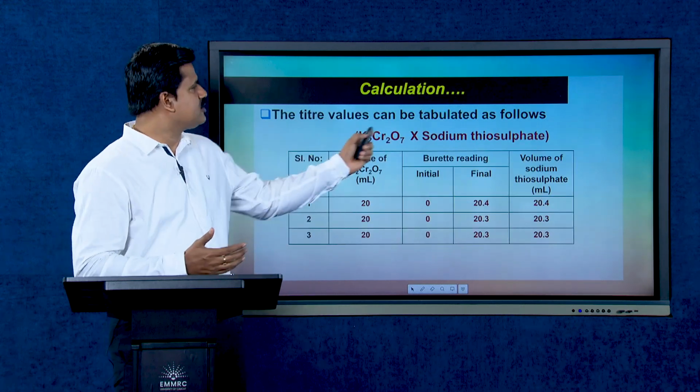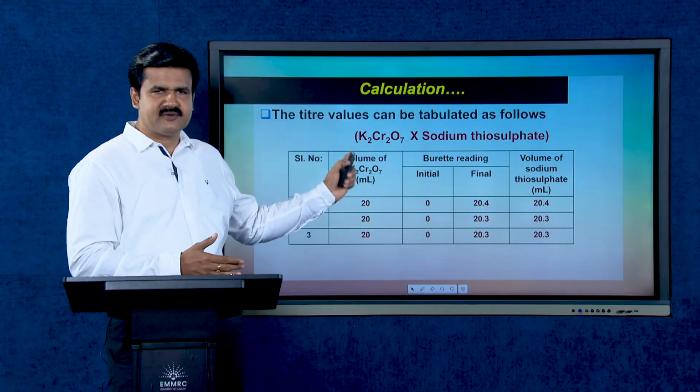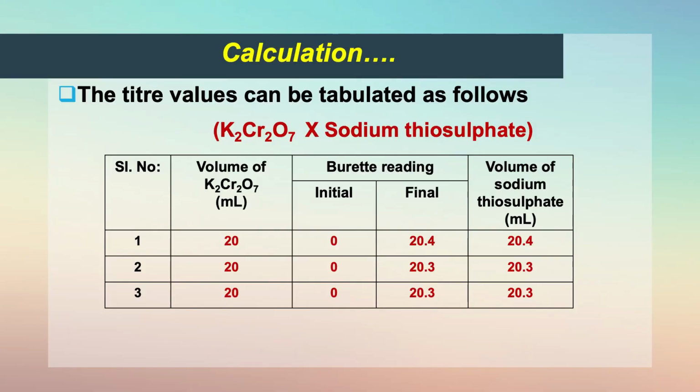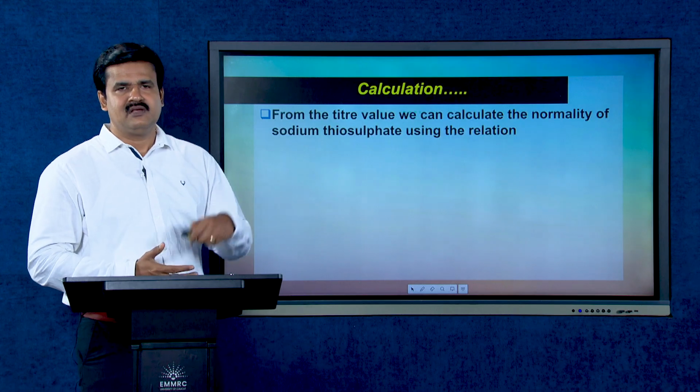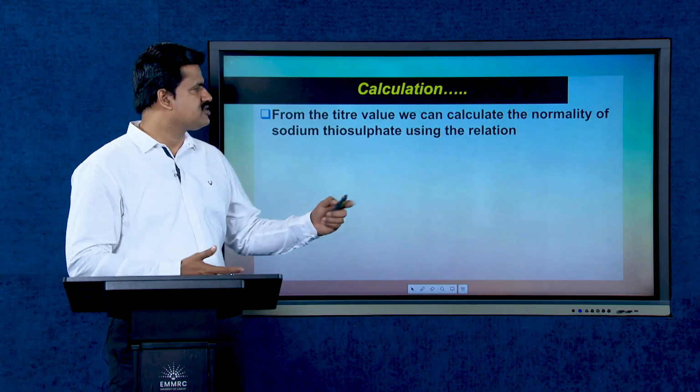The titration is K2Cr2O7 against sodium thiosulfate. The volume of potassium dichromate pipetted out in 3 cases will be the same, that is 20 ml, and the corresponding burette readings are shown on the right hand side of this tabular column. You got the concordant value, which corresponds to the volume of sodium thiosulfate for the present titration, equal to 20.3 ml. And from the titer value, we can calculate the normality of the sodium thiosulfate solution using the relation